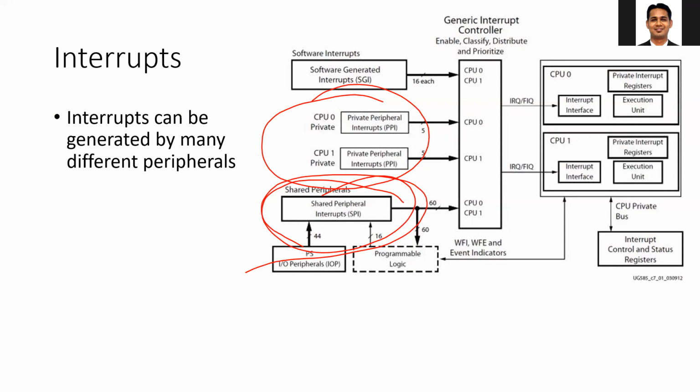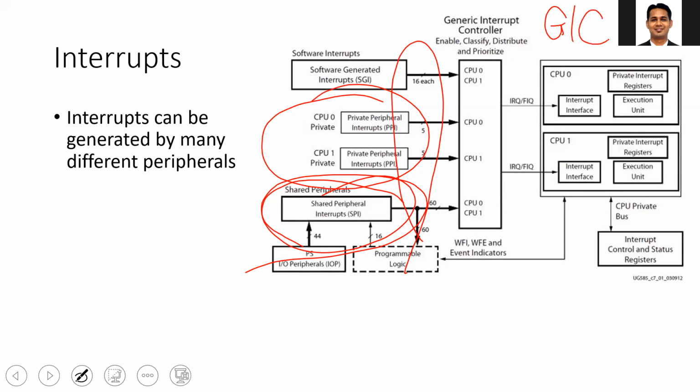Okay, so this includes your different timers, your PS peripherals, Ethernet, USB, I2C. Then from the PL, different IPs can send the interrupt. So for various types of IPs, each IP you can generate an interrupt and send it to the CPU via shared peripheral interrupt. So all these interrupts you can see are sent to the